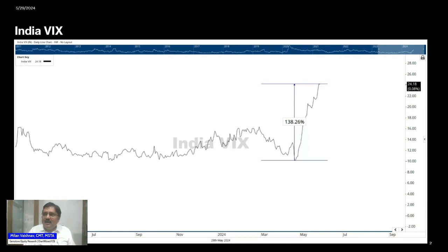But especially over the last 4 to 5 weeks, we have seen Nifty and VIX rising in the same direction. But where has VIX risen from? That's the big question. Sometime in the end of April,